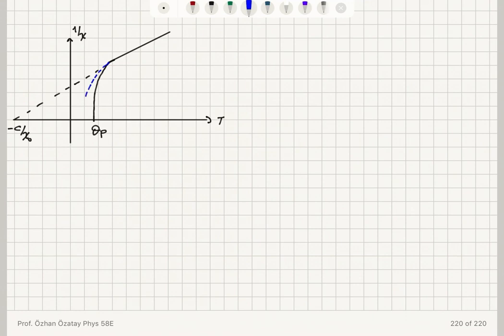Experimentally, we find a slightly different Curie point. That's the ferromagnetic Curie point. So experimentally, the zero point, theta F, which is called the ferromagnetic Curie point,